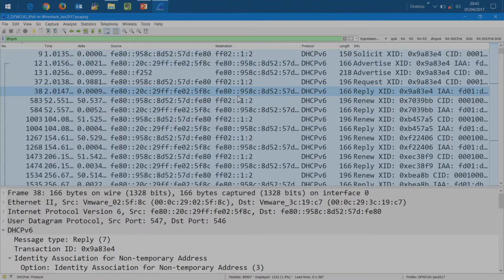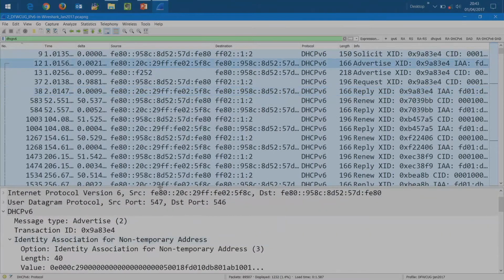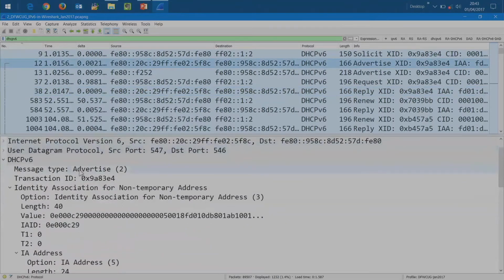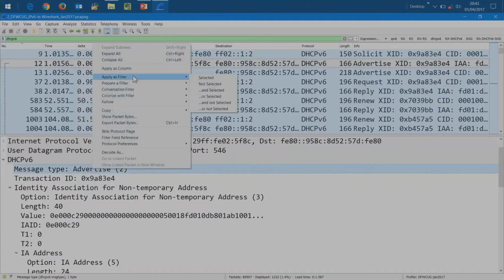So with this, one of the quick little things that I built is to look at only DHCPv6 servers that are sending out advertise messages in this trace. So I'm going to go to the message type Advertise, and I'm just going to say apply as a filter, select it.